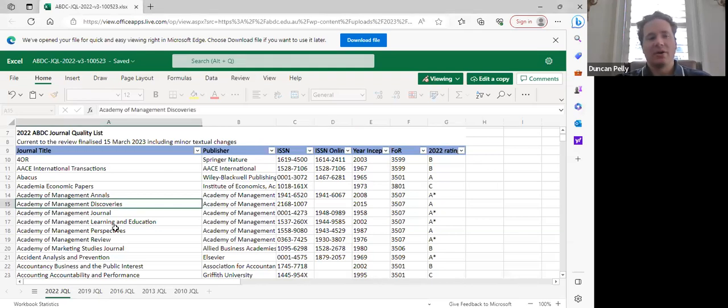So the next thing you want to do, so you've evaluated the journal, congratulations. And by the way, if you decided to download it as an Excel spreadsheet, the ABDC journal list, here's how it looks in the Excel spreadsheet. You can also just do a control find and find your journal. And look, there's Academy Management Review right there, and it still gives you the same A-star rating. So that's how it would look if you downloaded the Excel spreadsheet.